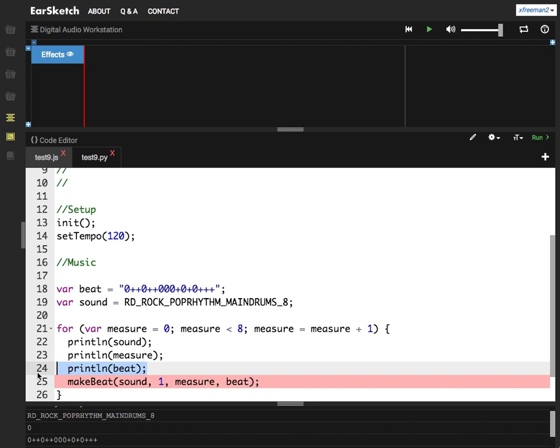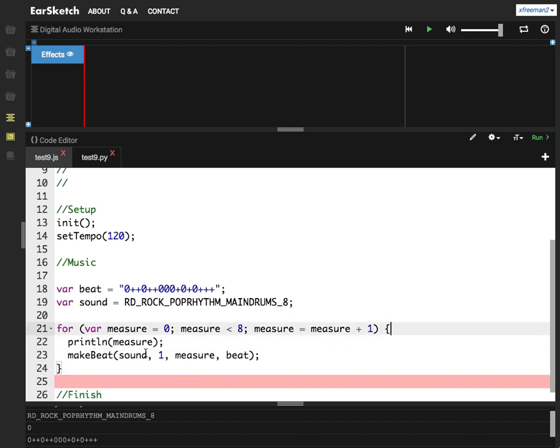I'm going to delete printline beat. I'm going to delete printline sound so we can focus just on printing out our measure values. And I'm going to comment out this makeBeat function call so that the entire for loop will work. I won't get any errors, hopefully, but I'll just see what the value of measure is every time I go